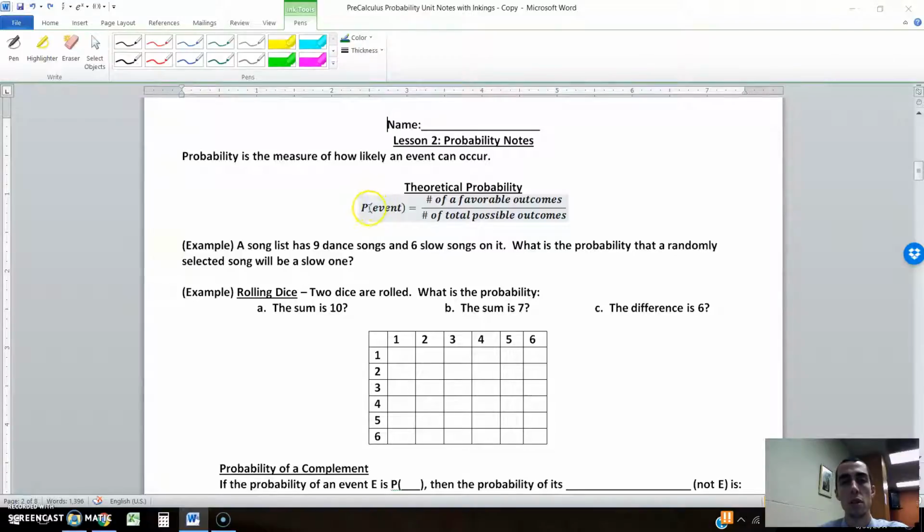The way that we represent this probability is using a P and then parentheses around the event that we're talking about, and then define the number for the probability. We do the number of favorable outcomes, and we divide it by the number of total possible outcomes. And so when we do that division, we're going to end up with a number